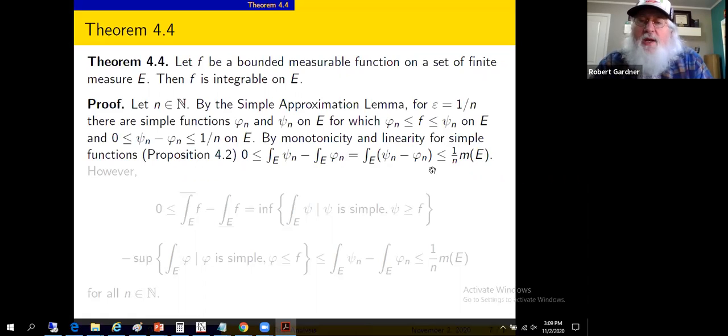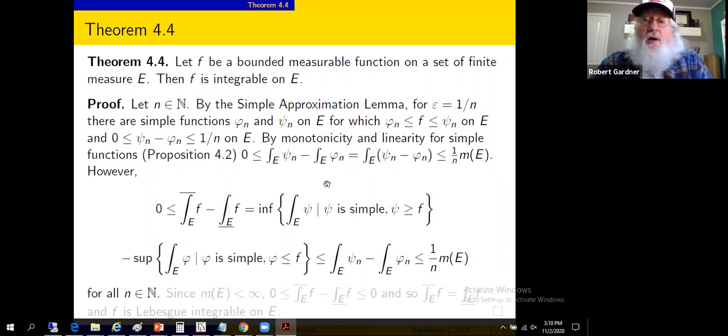By monotonicity, again, we know that psi sub n minus phi sub n is bounded above by 1 over n. Right, we've got this kind of bounding here. View this as an integral of the simple function that's a constant of 1 over n on set E. It's a simple function, and this is its integral. So we're using monotonicity of the integral of simple functions there again, comparing this simple function to this constant simple function that takes on the value 1 over n. So we've got psi sub n minus phi sub n bounded by this. Not a surprise, you get 1 over n times the measure of the set as an upper bound. Okay,